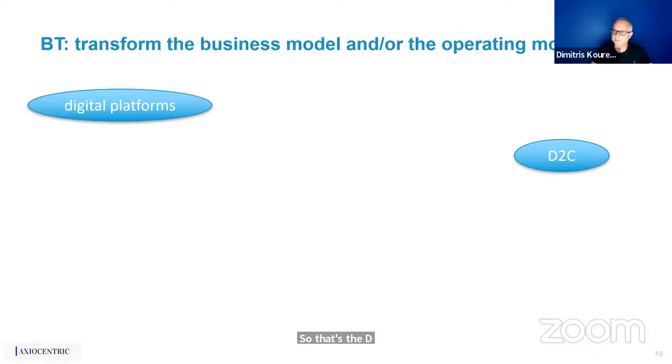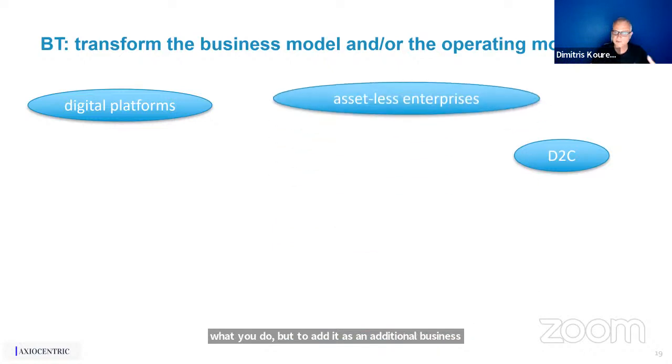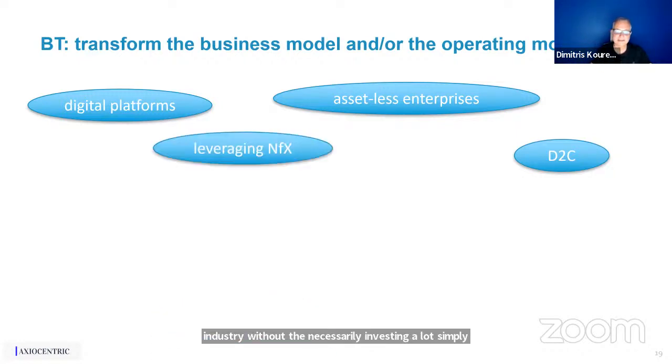Sometimes it's marketplaces and digital platforms, not only setting up a digital platform so that you change what you do, but to add it as an additional business model to what you do, as we learn in this course. We talk about assetless enterprises, so you can go to a new industry without necessarily investing a lot, simply